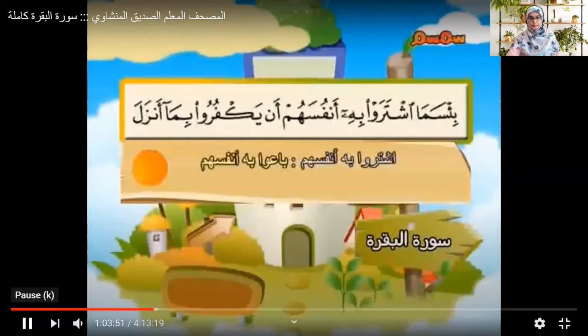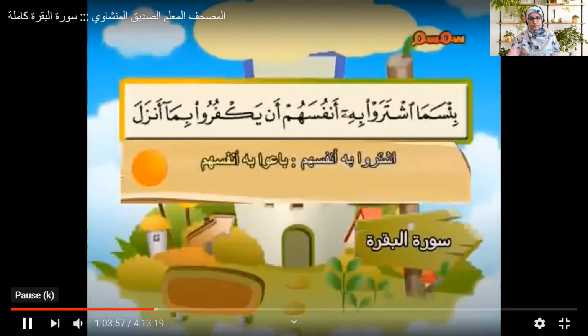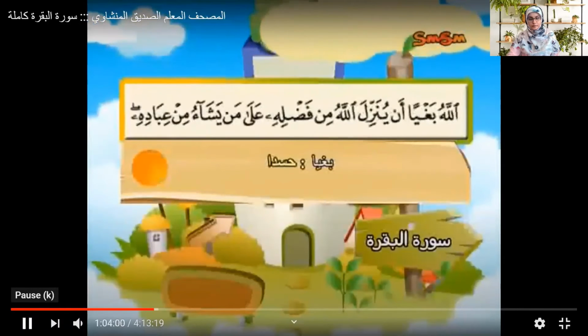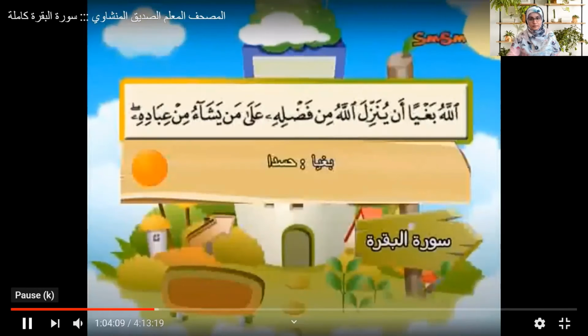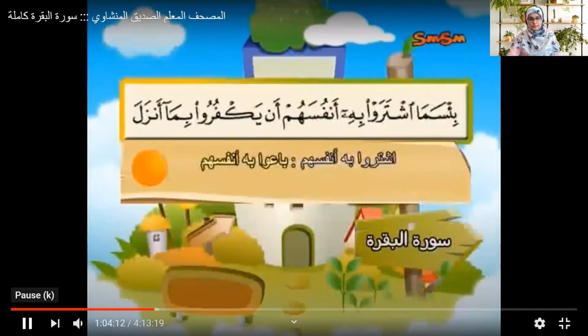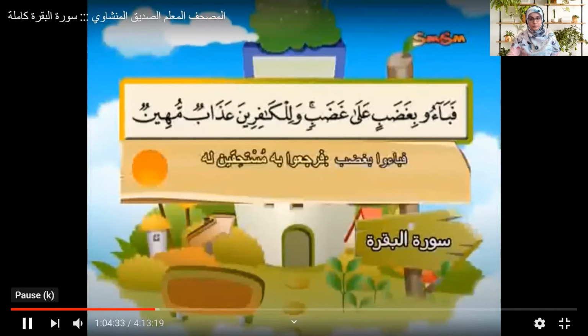بئس ما اشتروا به أنفسهم أن يكفروا بما أنزل الله بغيا أن ينزل الله من فضله على من يشاء من عباده بئس ما اشتروا به أنفسهم أن يكفروا بما أنزل الله بغيا أن ينزل الله من فضله على من يشاء من عباده فباءوا بغضب على غضب